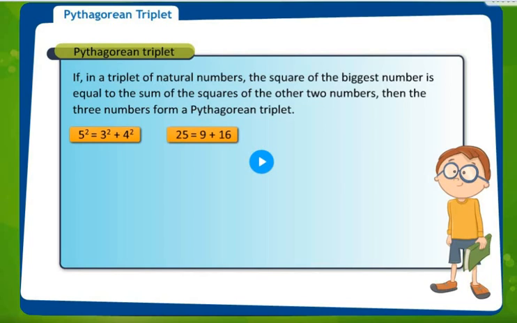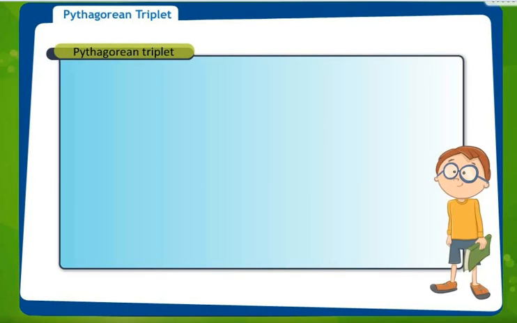Since we are studying Pythagoras theorem, now we are going to study a new concept, Pythagorean triplet. Basically, the word triplet comes from 3. Now, what do we understand by Pythagorean triplet? Basically, we know Pythagoras theorem is applied to a right-angled triangle. Since a triangle is a three-sided closed figure, when we apply Pythagoras theorem to it, we are going to study about Pythagorean triplet. Now, what is a Pythagorean triplet?